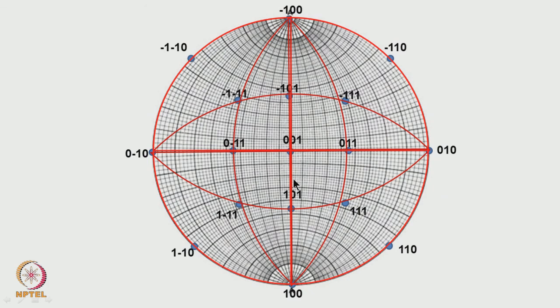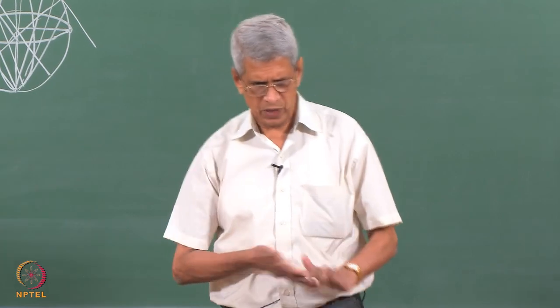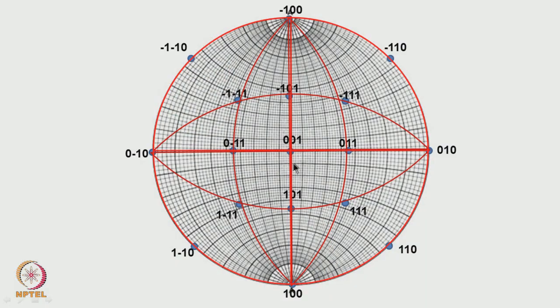But when we want to construct a stereogram, this is not the method we can go about, because this is a very nice thought experiment where we have kept a crystal in the middle of a cube. If we have to generate a stereogram like this, we would have to take some photograph and go about it, which is not a practical way. There is another way in which we can compute the angles between the various planes in the cubic system and generate a stereogram. That is what we will discuss now.